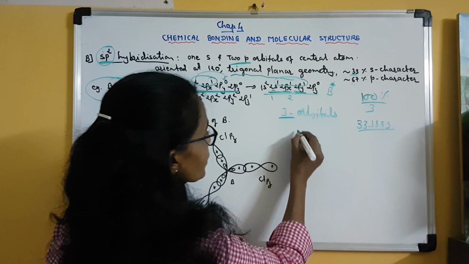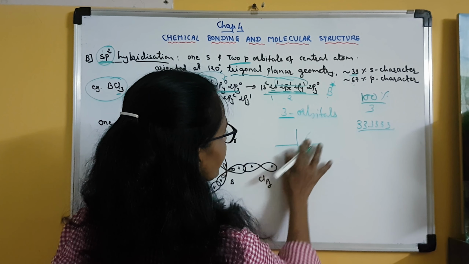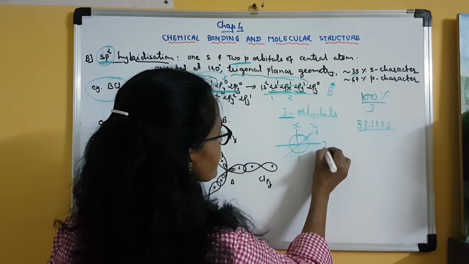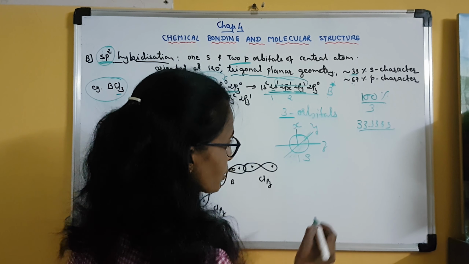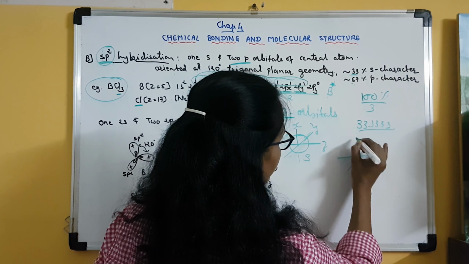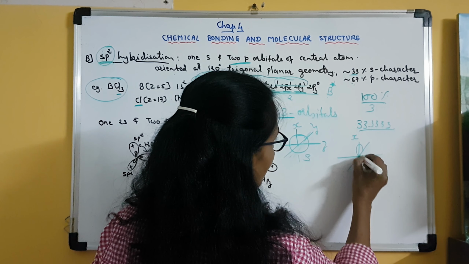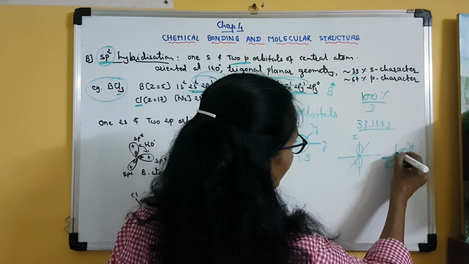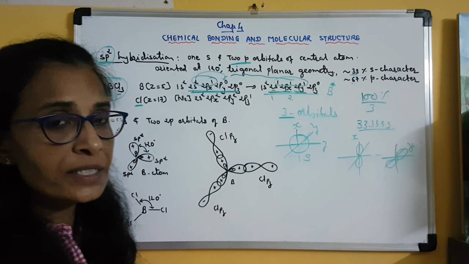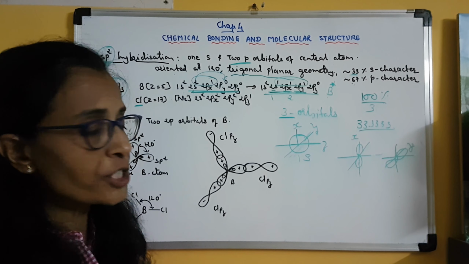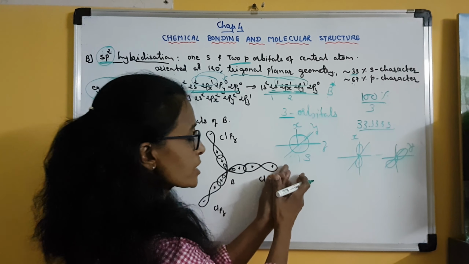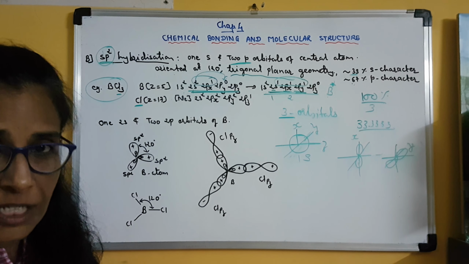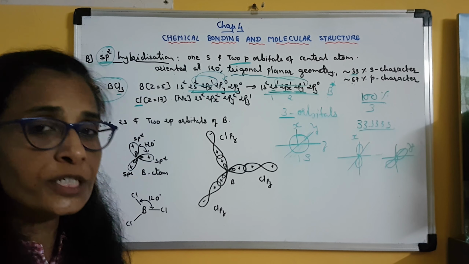The s orbital, as we know, is non-directional. Clear? It is non-directional like this. So x, y and z axis. This is the s orbital. But for the px orbital, this is the x axis, so this is the px orbital, and for the py orbital, this is the y axis, so this is the py orbital. So all these orbitals are different, their orientations are different. One is non-directional, these two are directional. So their shapes are different, their energies are different, and their orientations are also different.